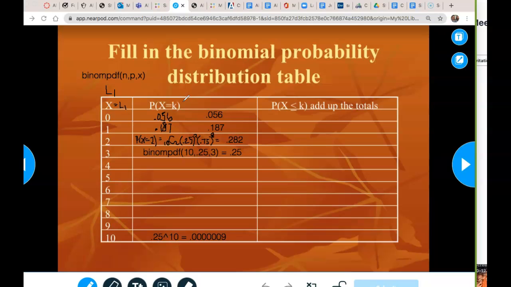Alright, that's list 1. In list 2, we're going to do a calculation. We're going to highlight L2, clear whatever's in list 2. So go L2, clear, and we're going to enter our function into list 2. So we're going to go binom PDF,